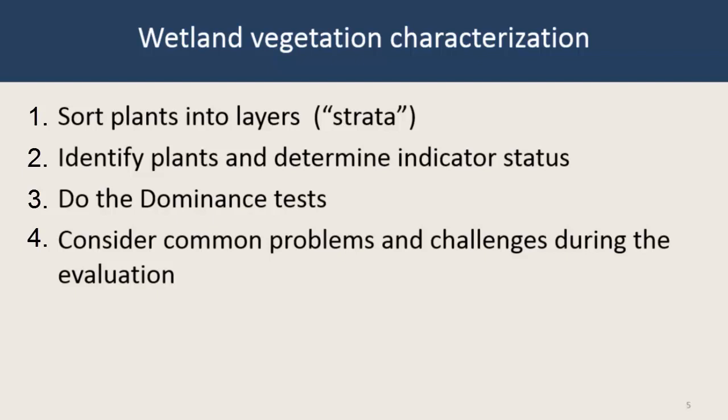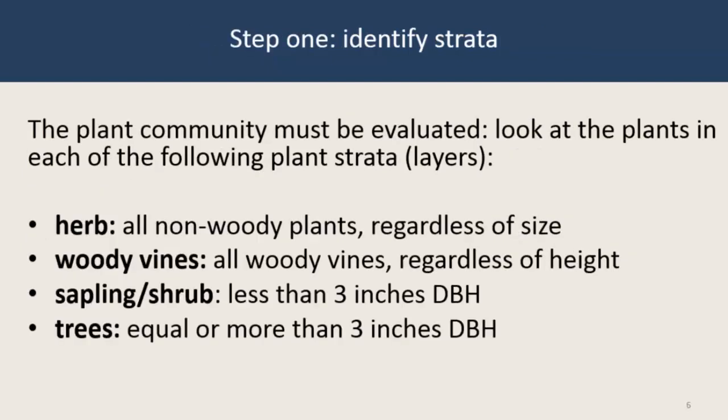This is the sequence that one should go through to evaluate whether the vegetation criterion is met at a particular observation point. This information is then recorded on a delineation form that supports conclusions of the wetland boundary location report, which is also called a wetland delineation report. We will now look at each one of the sequence elements in greater detail.